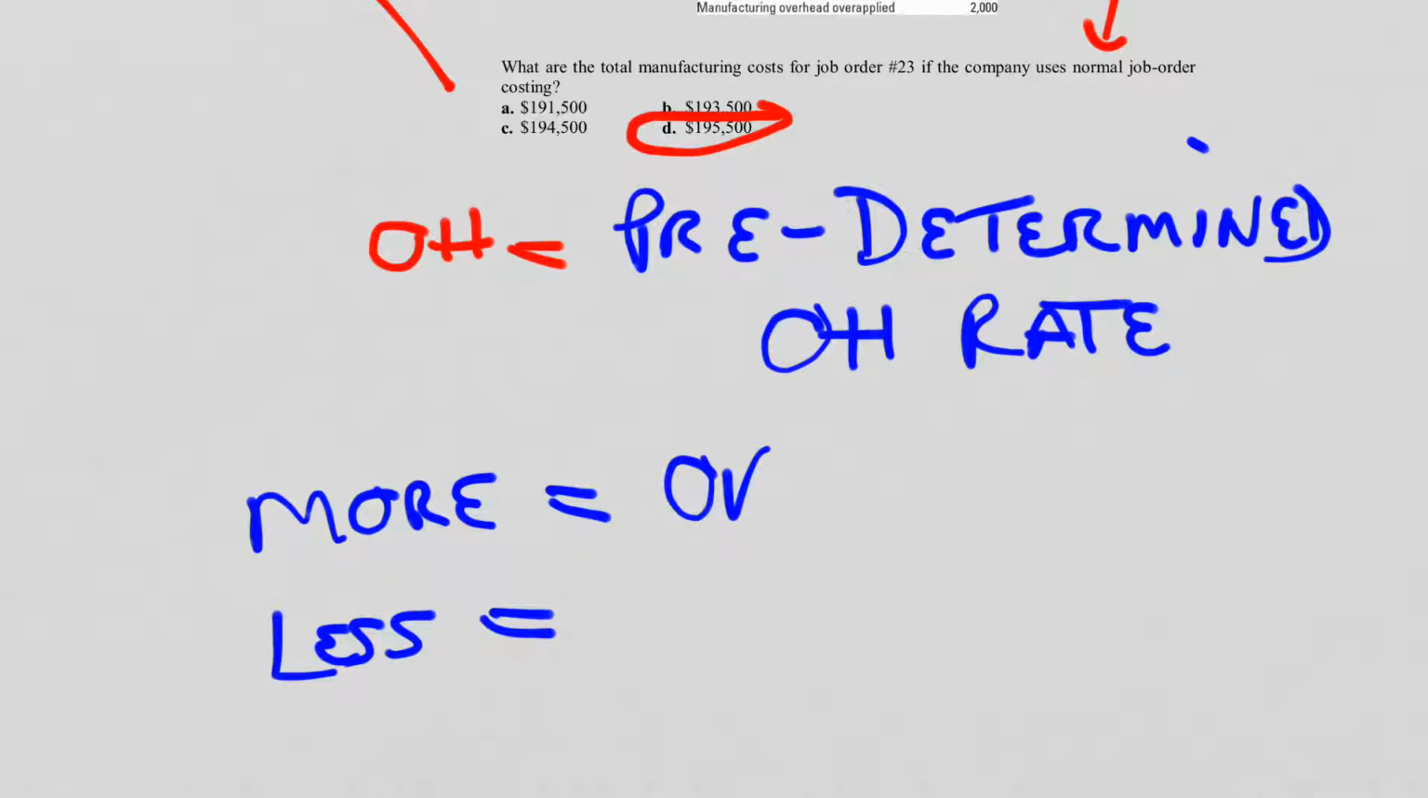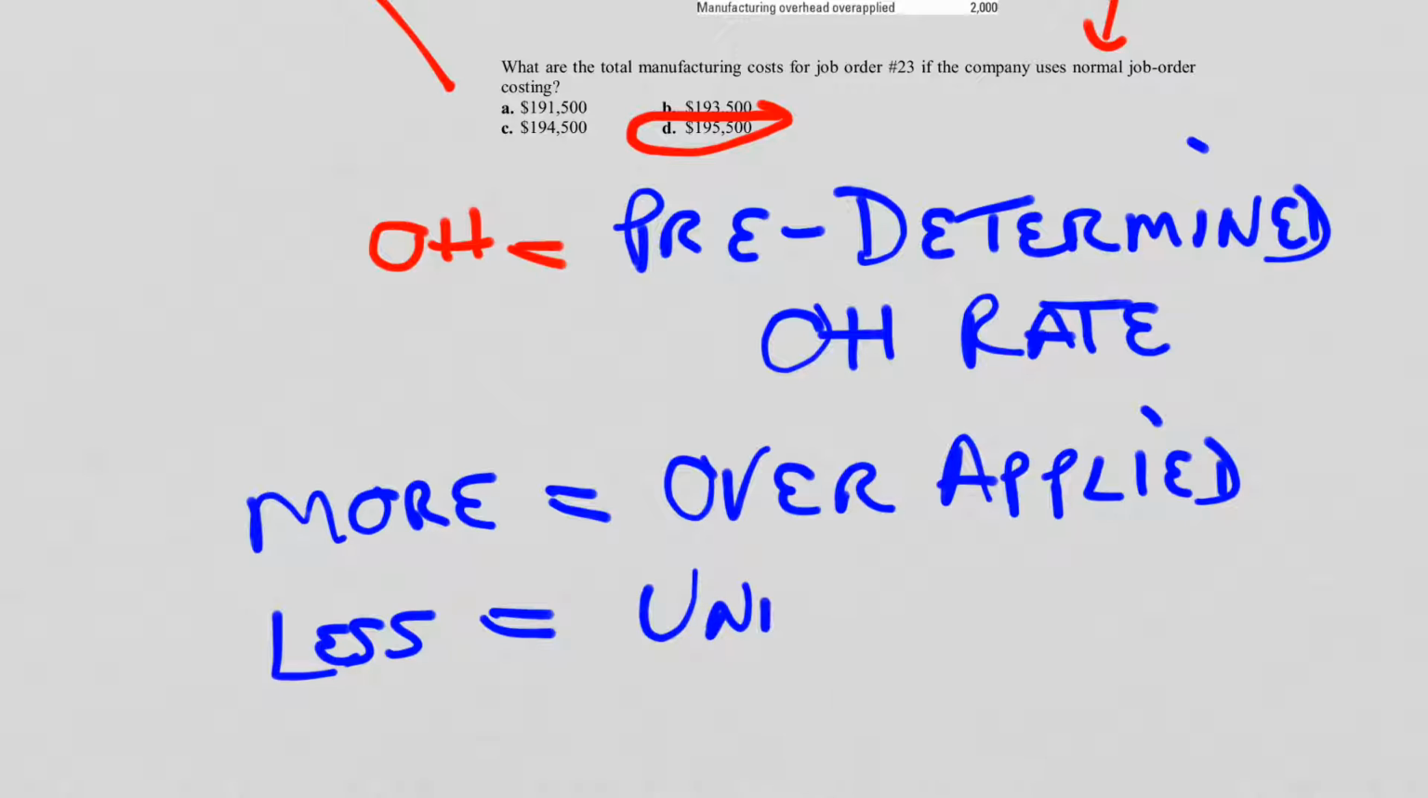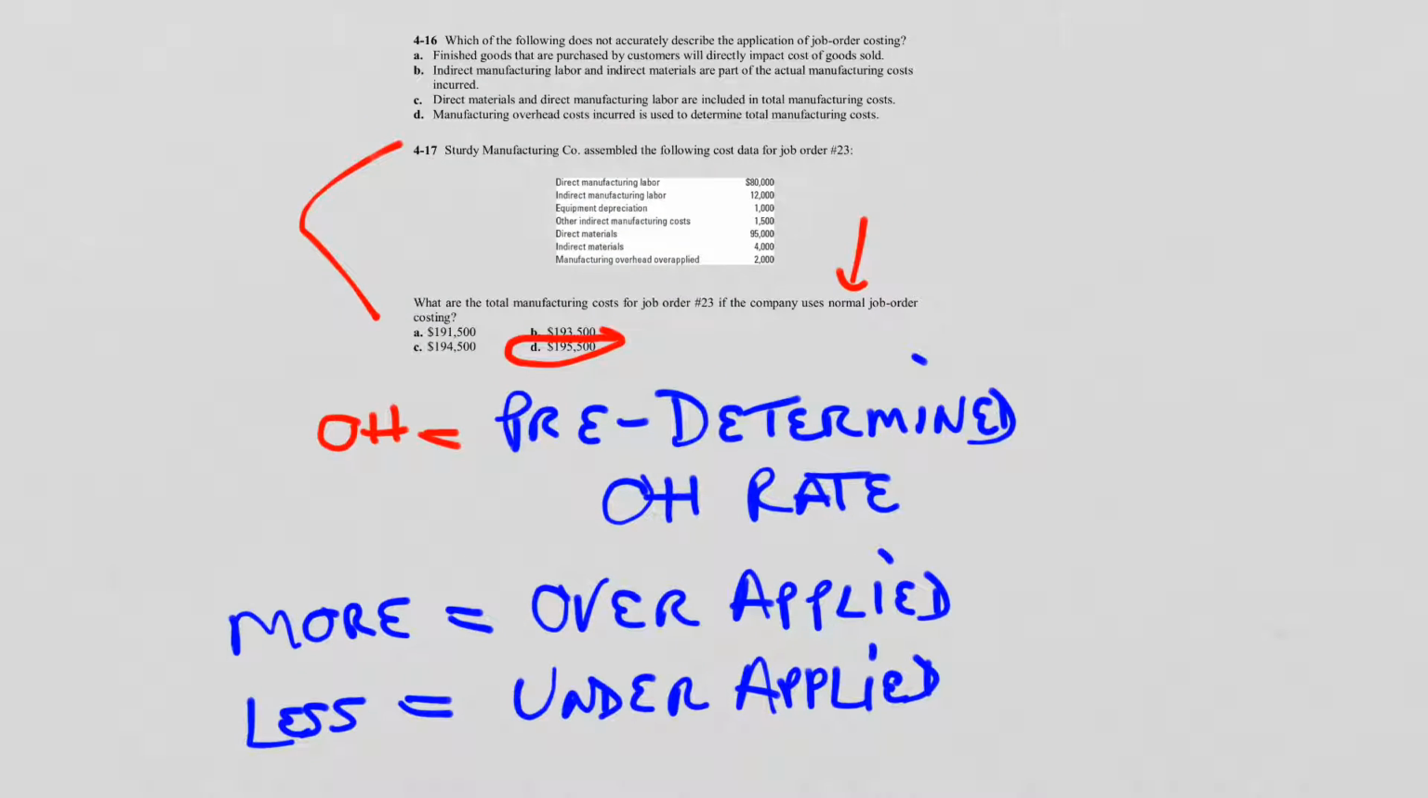over applied, and obviously the other one would be called under applied. But the whole point of the question is to show you that during the course of using the normal job cost system, you're going to use this application such that the predetermined overhead rate will be applied, and as a result, if you wind up having some that's over applied or under applied, it's